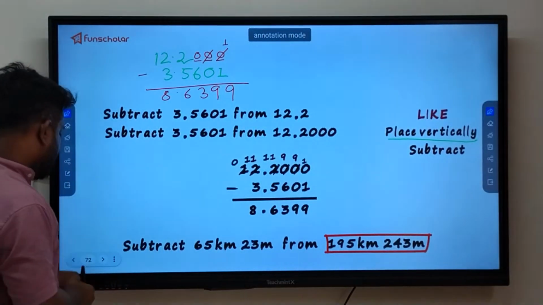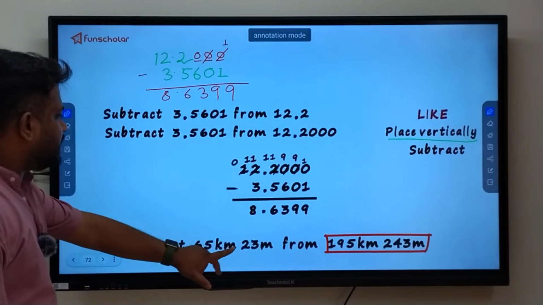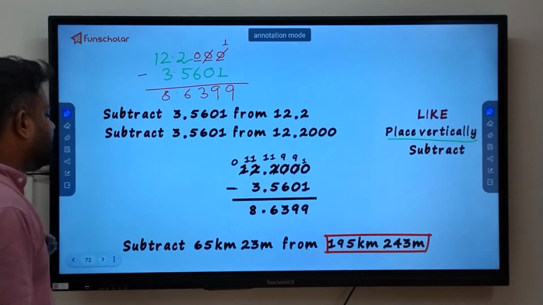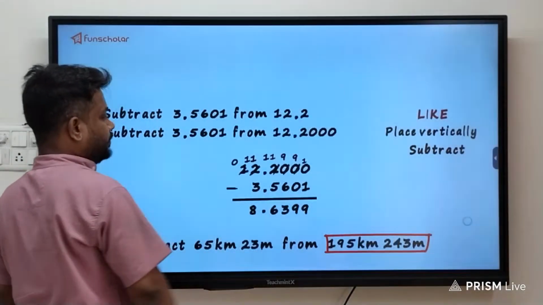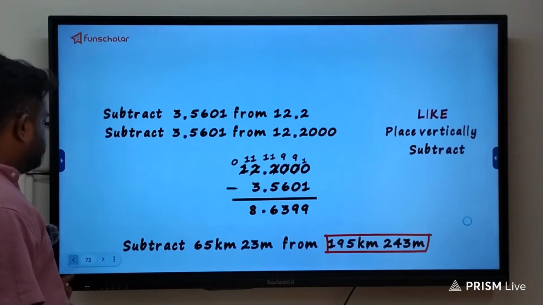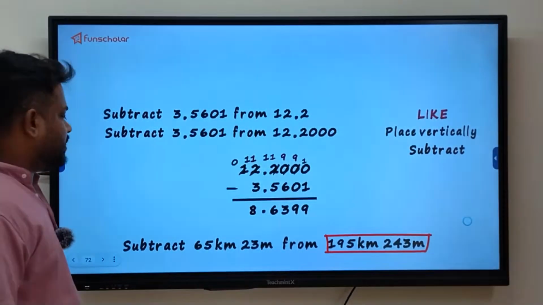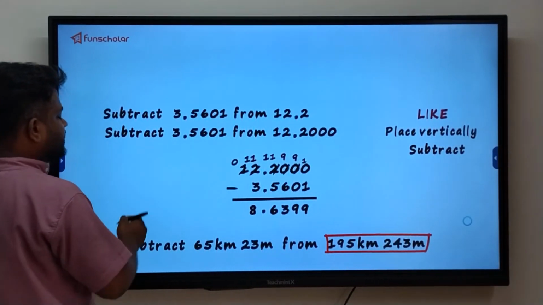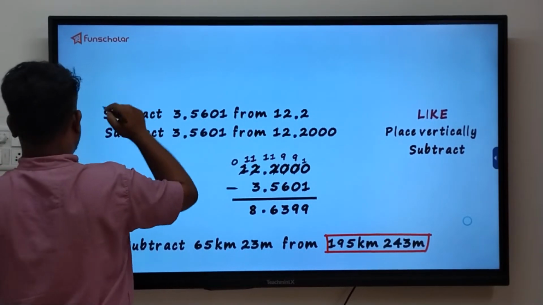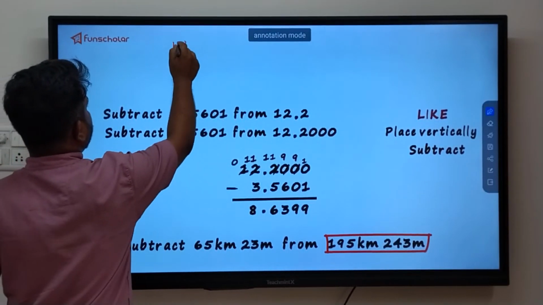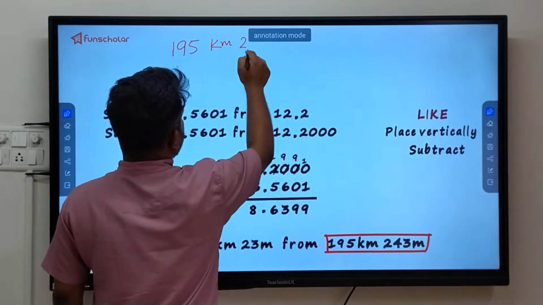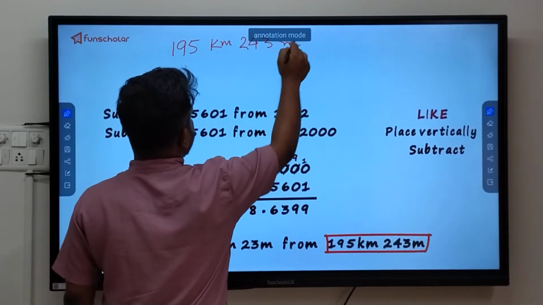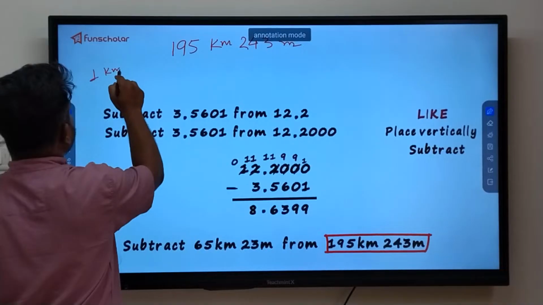Okay, the next one, this is another question given: subtract 65 km 23 meters from 125 km 443 meters. Okay, so this is for your home task, but I am just letting you know that you can write it down like this, like 125 kilometer and 243 meters. We know that 1 kilometer is equal to